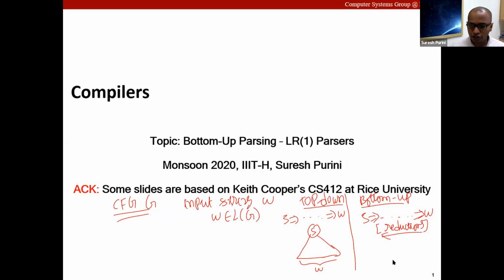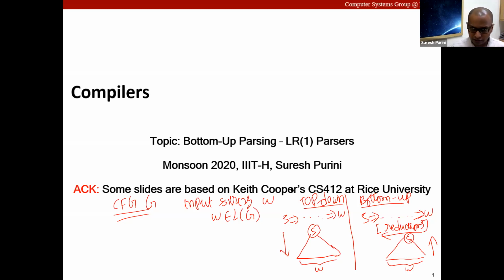And then the construction of the parse tree also goes from the bottom. We start with W and we slowly want to converge to the root node. So we construct the parse tree in a bottom-up fashion in the bottom-up parser, and in a top-down fashion in a top-down parser.